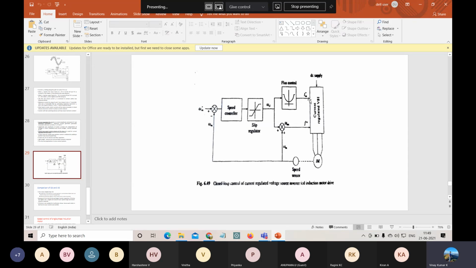So if you are working in the R&D field, and if you want to model a mechanism for a servo control system, then you can use this current regulated VSI. So there are three types of drives: CSI drives, VSI drives, and current regulated VSI drives.